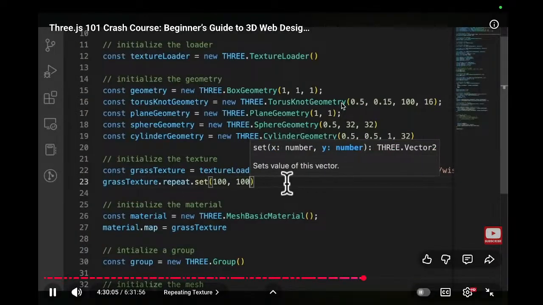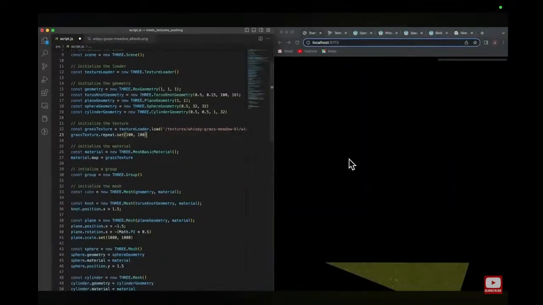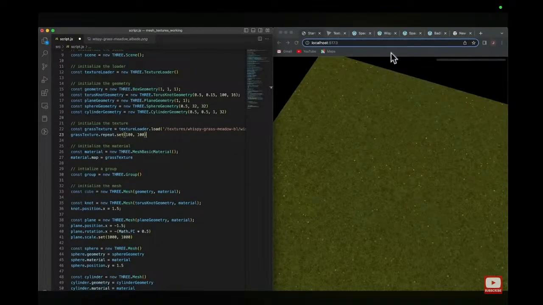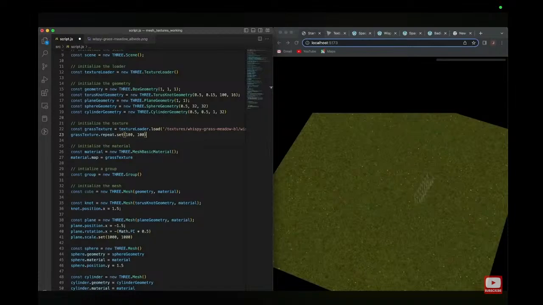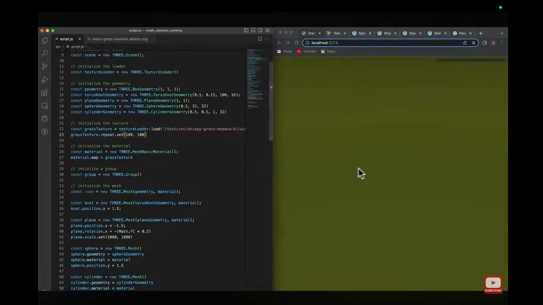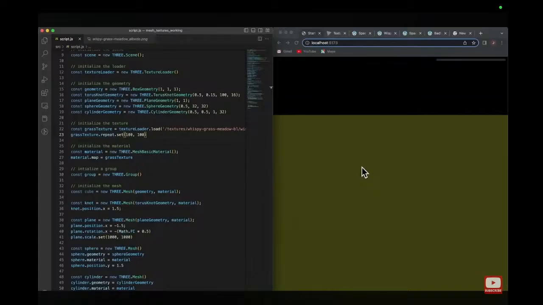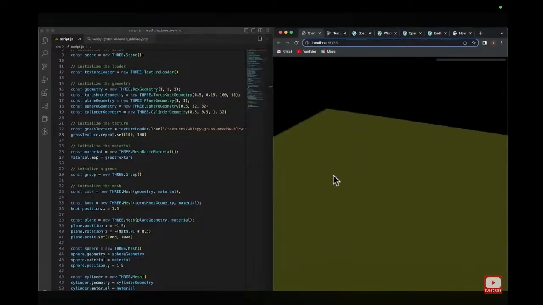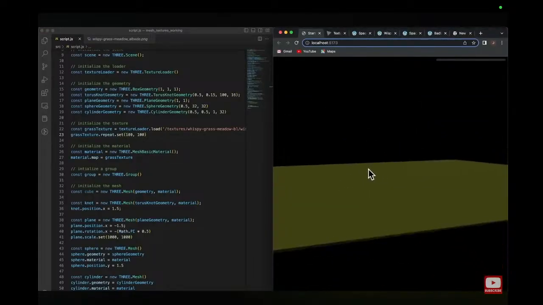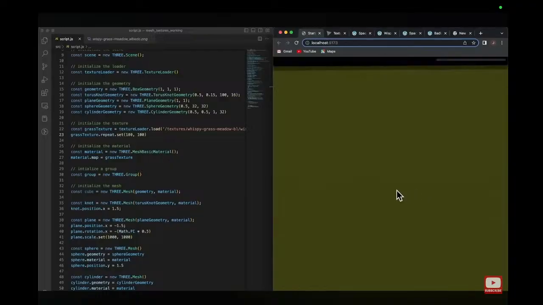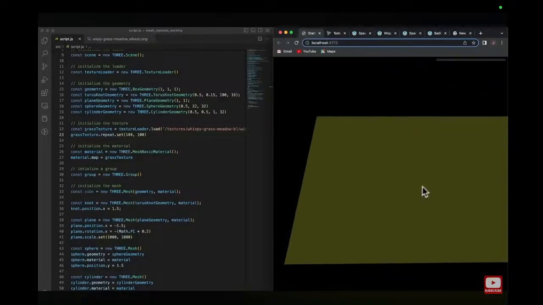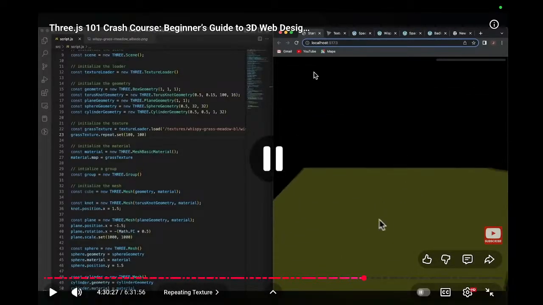And what we're essentially doing is we're going to say, okay, let's repeat this texture 100 times on the x-axis and 100 times on the y-axis. Let's go ahead and save that. See what we get. Okay, so something's happening. It's just one big green chunk. But if I go into the actual